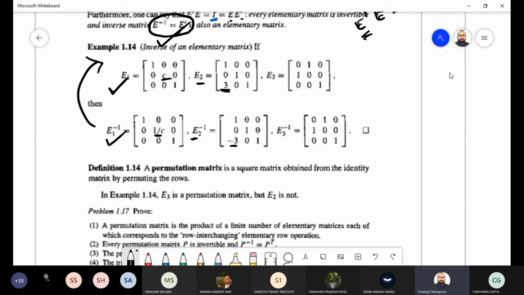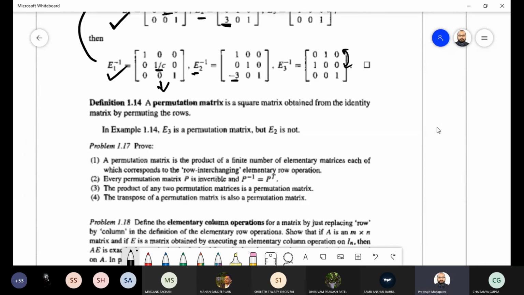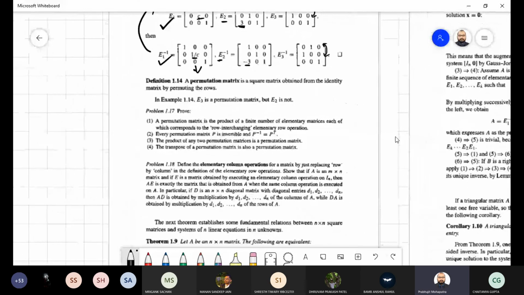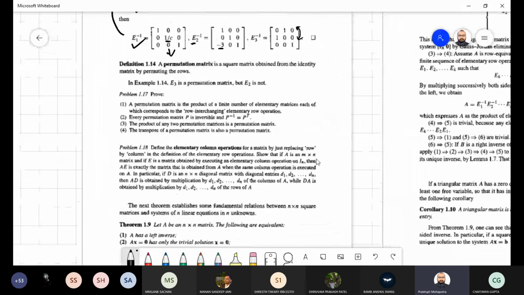Here, if you are interchanging two rows, which two rows? Yes, these two rows. Then you again do the same thing. If row 1 and row 2 are interchanged, again you do the same thing, then you will get your original matrix. So if you multiply this with E1, you are going to get the identity. Are you getting it, or am I going very fast? Are you understanding? Yes, sir. If you have any doubt, you can ask me. You can stop me, or if I need to go slow, then I'll go slow.